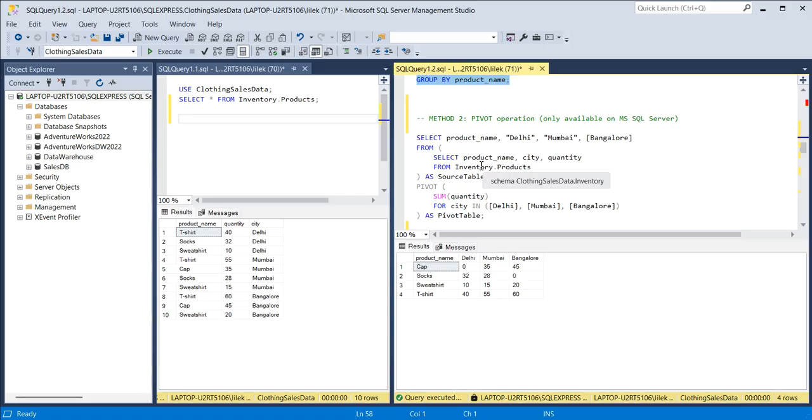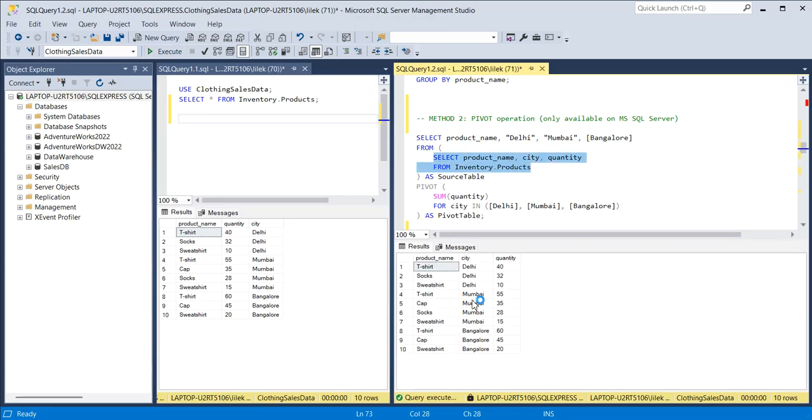So this method is using this function called as pivot, right? A pivot operation. It's not a function, it's an operation, by the way. So here what we are doing here is first of all we should be writing this inner query, right? So let's execute this, right? So these are the different table names. This is the starting table that we have, and we'll be giving it a name called a source table, and